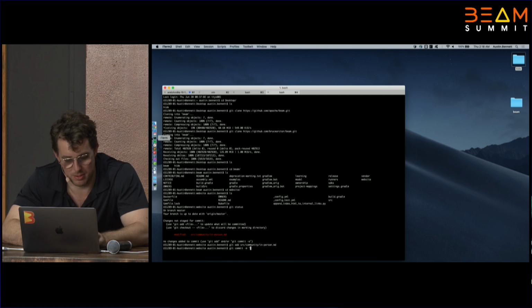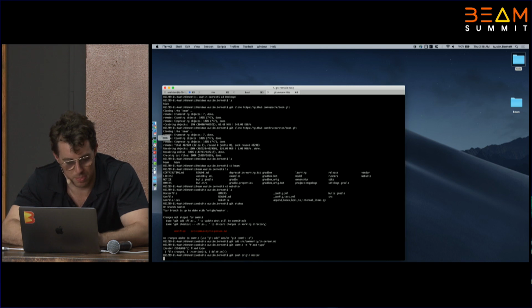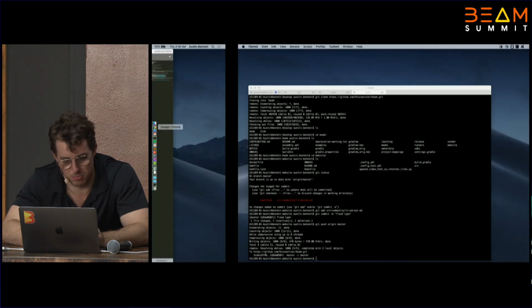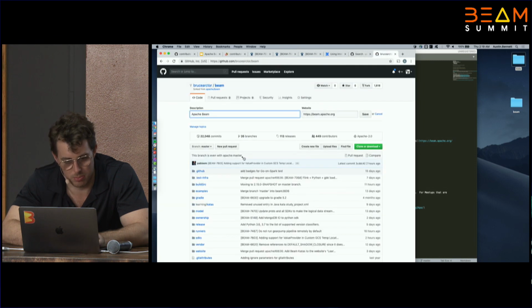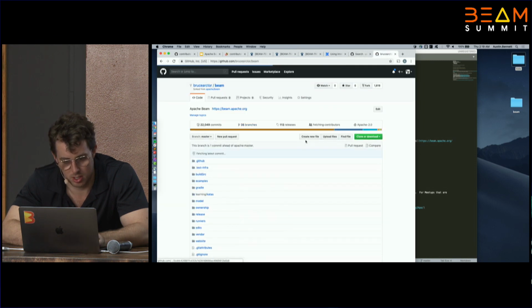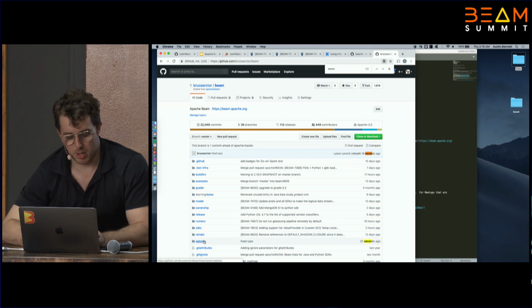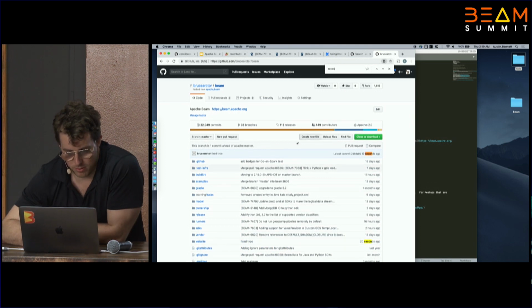Git commit -m fix typo. Git push origin master. Okay, so that then pushed everything to my repo here. Let's see, seconds ago, right? I fixed a typo that's in the repo, in the website folder, and then I am going to,